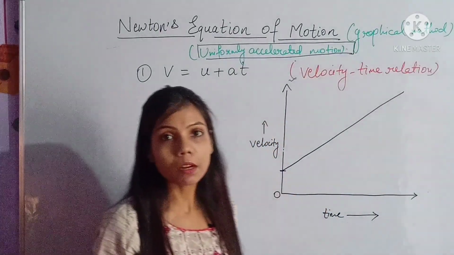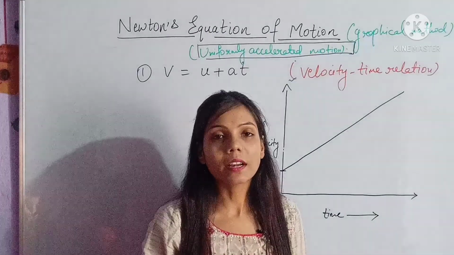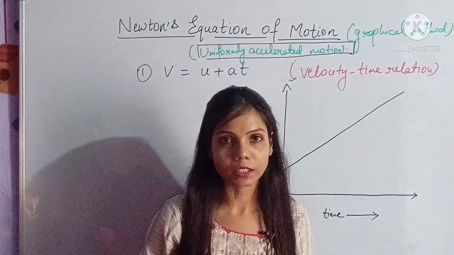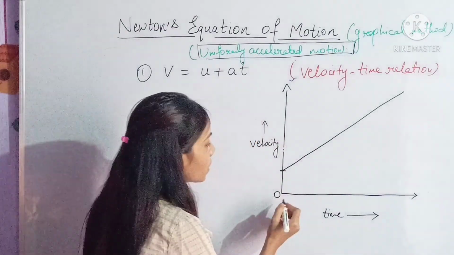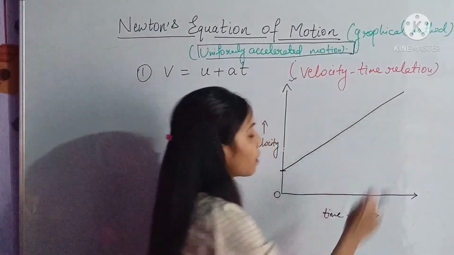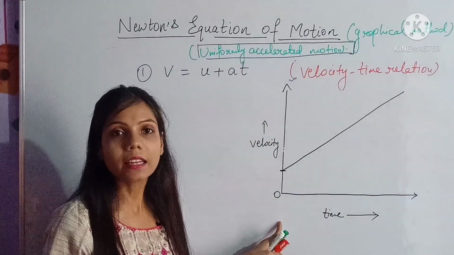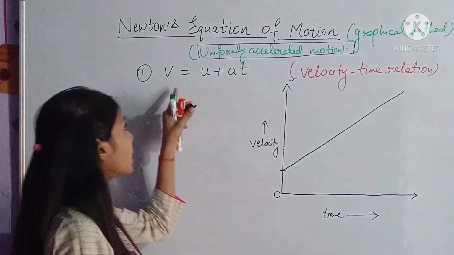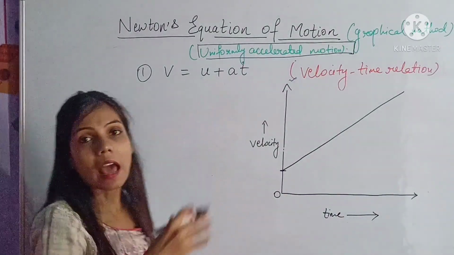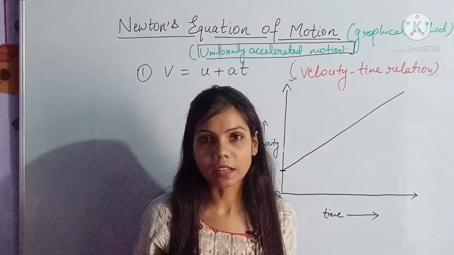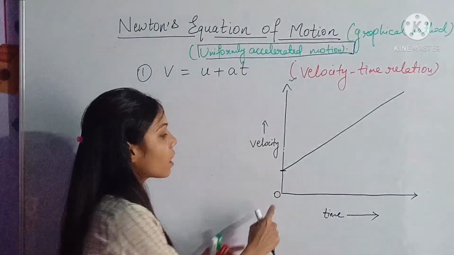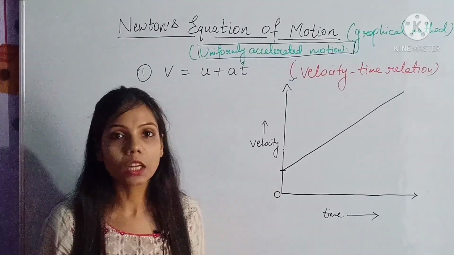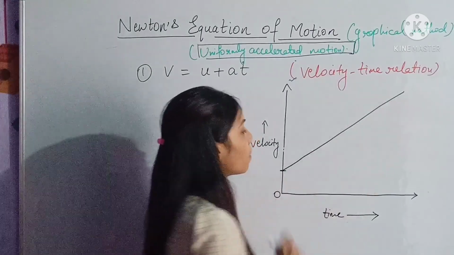That is, whichever body is under uniform acceleration, that body is having some initial velocity. It is not having zero velocity. Why have I not drawn a line from the origin? Because if we do so, then the initial velocity of that particular body will become zero, and in this equation, in place of u, we would have to put 0, and we will be unable to satisfy the equation. That is why instead of the origin, we have taken this point as the initial point, and that is why I have drawn a line from here.